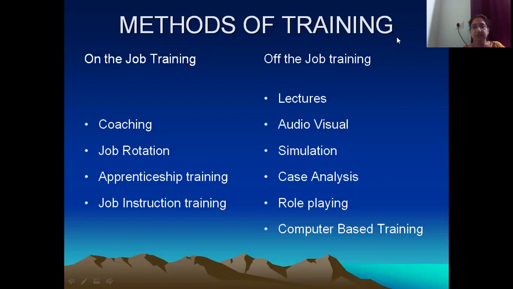In fact, if you see the positions of the upper level management, take an example of positions of those who want to fill in positions of CEO or president. Normally, there will be another position created for them under the name of assistant to president or assistant to CEO. So something like this, a particular position will be created.